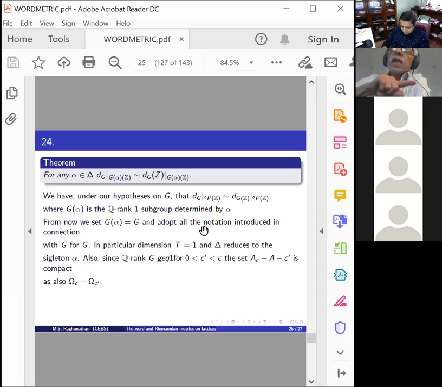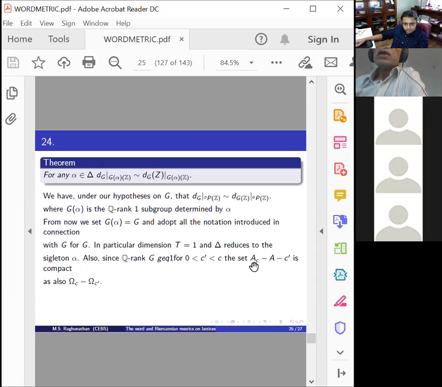Remember, you have this line R plus, and those which are below C, and then I remove from them those which are below C prime, so everything is caught between C prime and C. And that's compact. Well, it's not quite compact. Its closure is compact. It's relatively compact